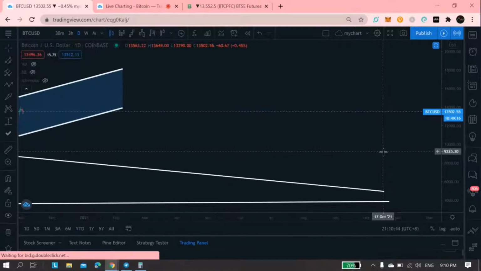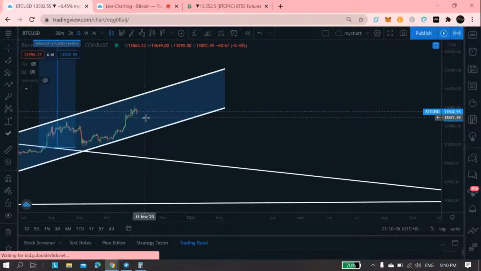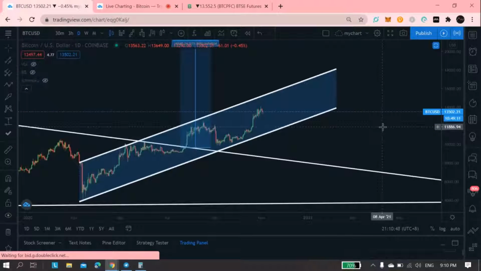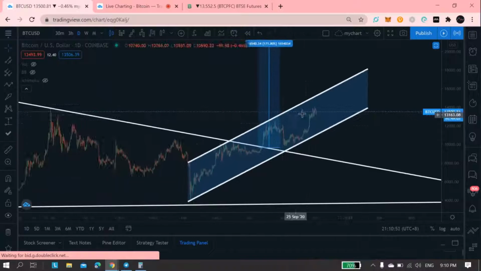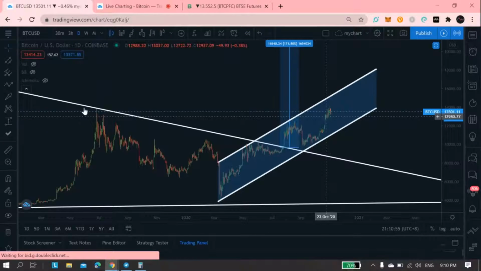So currently it's correcting, or it pulled back after it hit the possible double top. I mean, this is the double top, and then it retraced a bit,